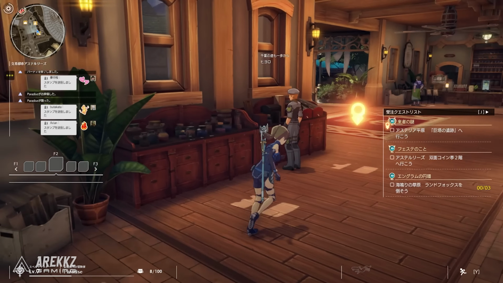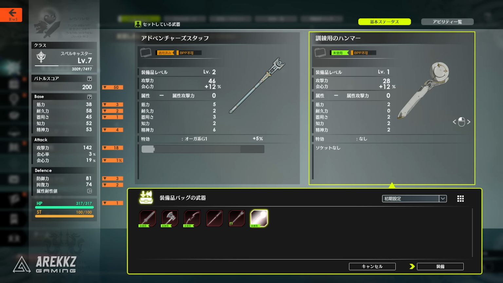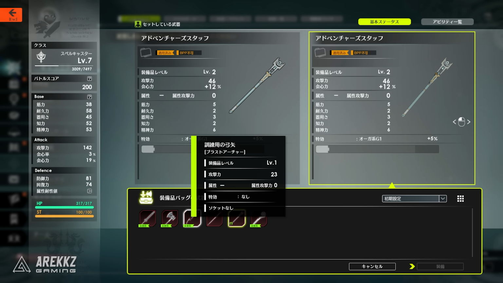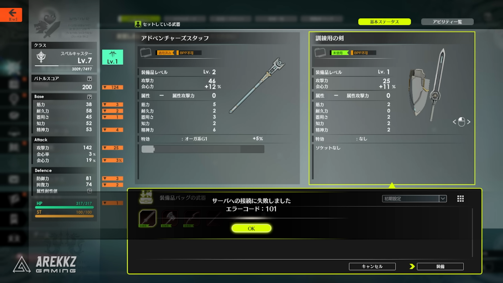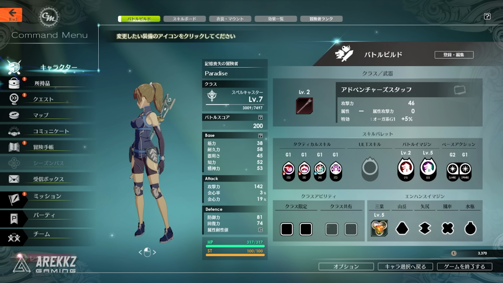But if you just buy them and you're in a town, you can open up your character here and change weapon. You can see a lot of my stats are changing because I have a crafted level 2 staff, but we could switch between weapons and it would allow us to switch between the classes, which is pretty cool because you can see